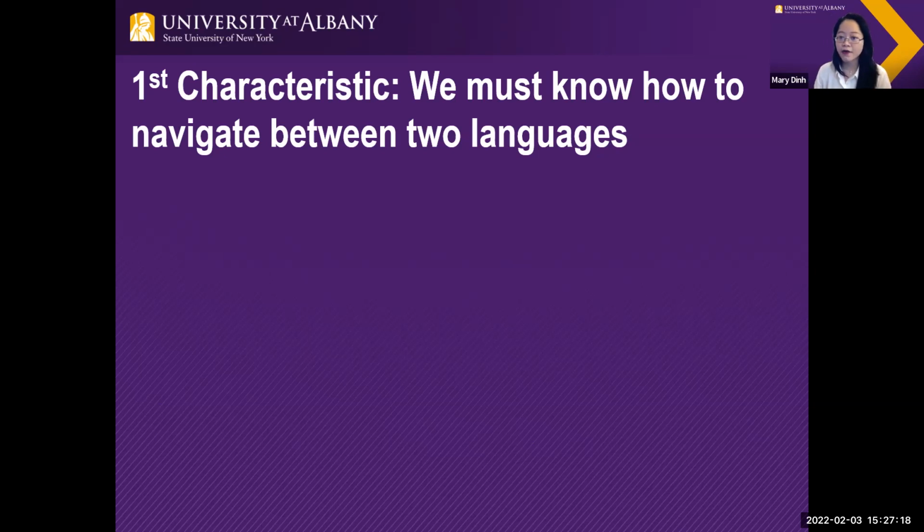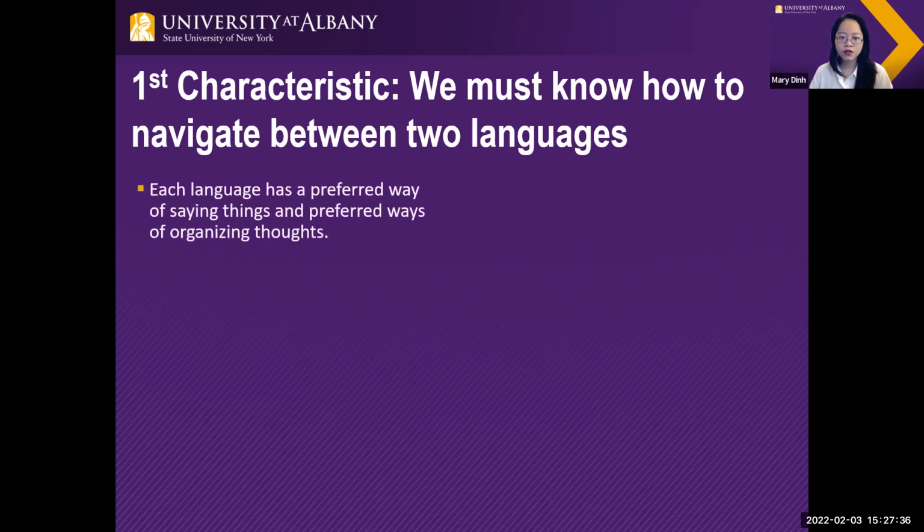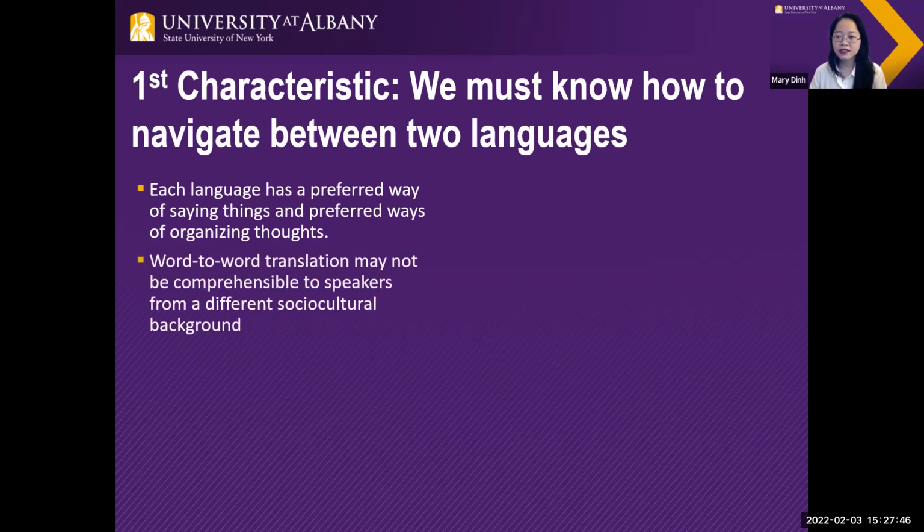So I think the first characteristic that we learn about ourselves is that we must know how to navigate between two languages, and the two languages work kind of differently at all levels, in the word level and structure level. So we need to acknowledge that each language has a preferred way of saying things and preferred ways of organizing thoughts. And sometimes when we do word-to-word translation, the word in English, in that case, should